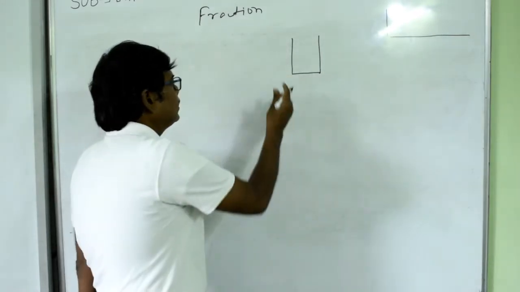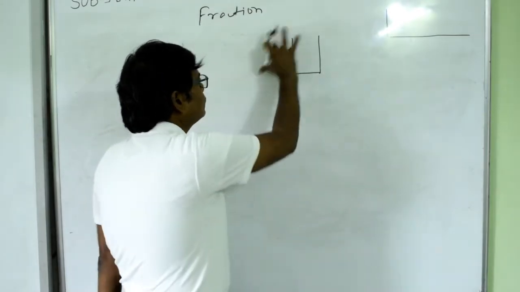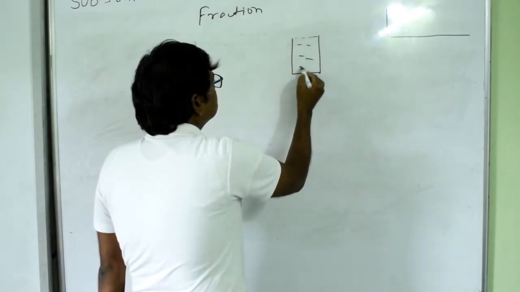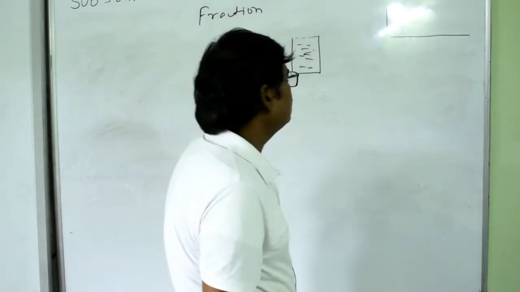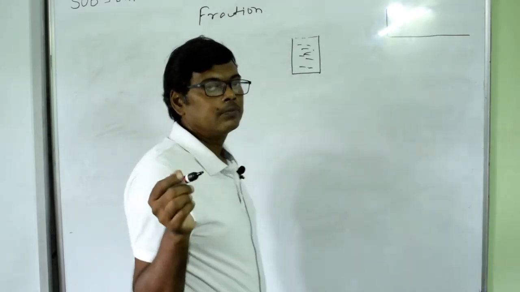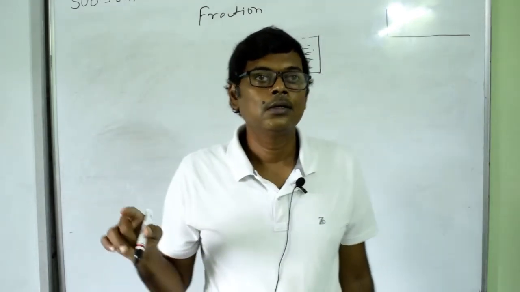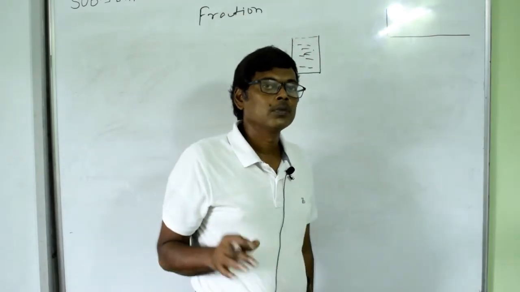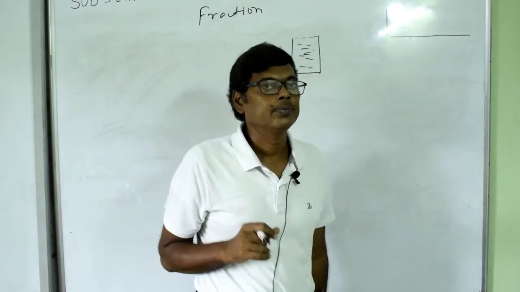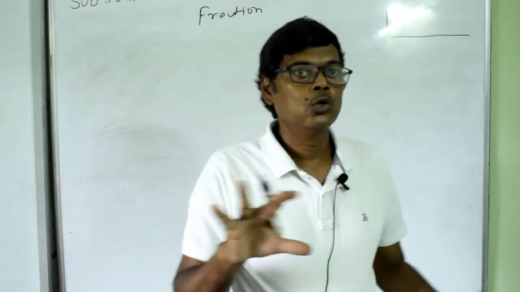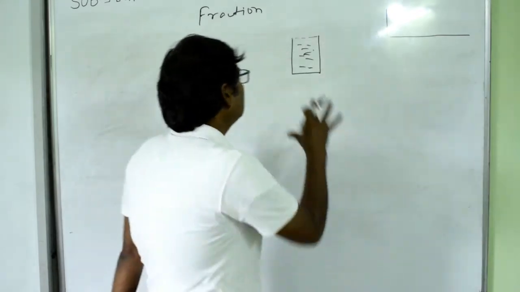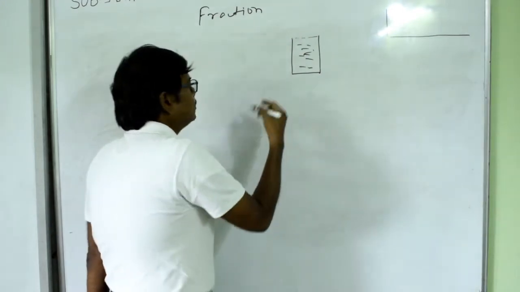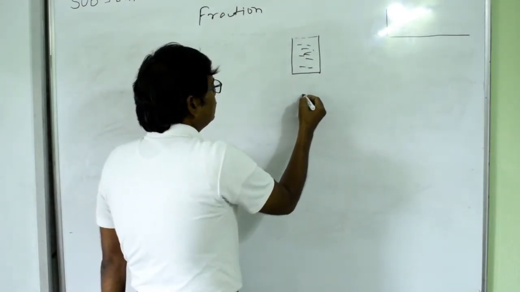So for example, this is a glass, and this is a full glass. If the water is filled up to this level, then we will say that the glass is filled up. This is the whole glass, and in fractions we take anything as a whole as 1. We denote the whole of anything as 1. So when the glass is filled, the whole glass is given the number 1.